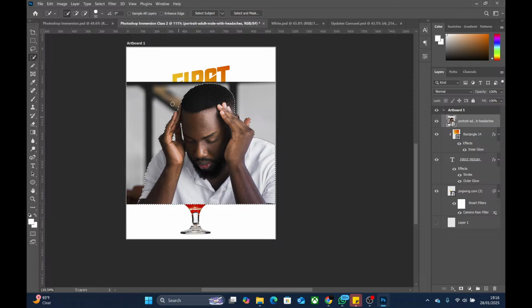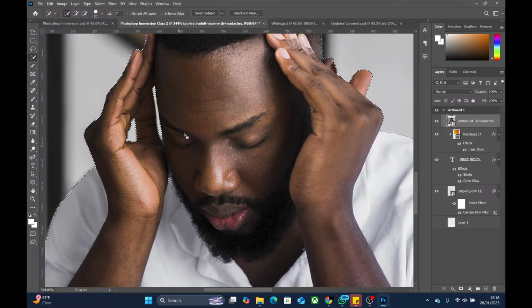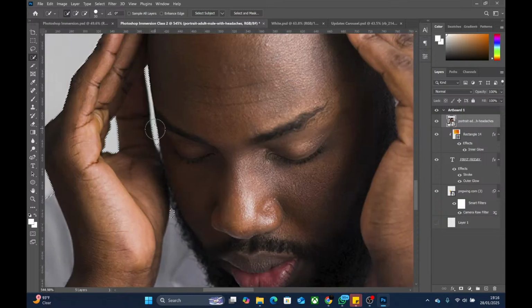Once you click on this select subject, it makes a selection around the person, or even if it's a dog, or even if it's a cup. Photoshop will just analyze it. It's AI based. It will figure out which part of the image is the subject, and it will make a selection around it. But sometimes it may have little faults, imperfections. Look at this selection here. The background here is white, but it only selected this little part of it. It leaves this white because it's very tiny for it.